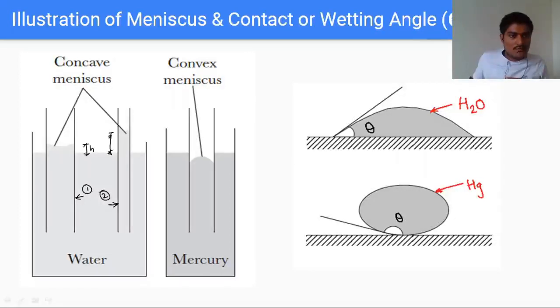So from this diagram we can easily conclude one point: the capillary rise depends upon the diameter of the glass tube also. Smaller the diameter, higher will be the capillary rise. Okay, and again one point, look at this shape, this is of concave type we have defined. So therefore we have here a concave meniscus. So this is for capillary rise in terms of the water.